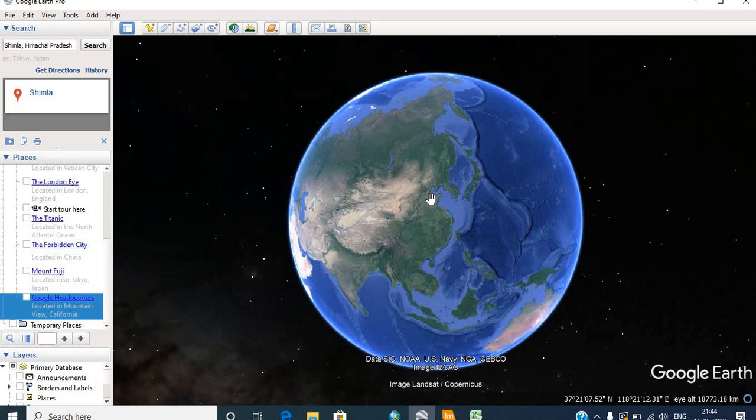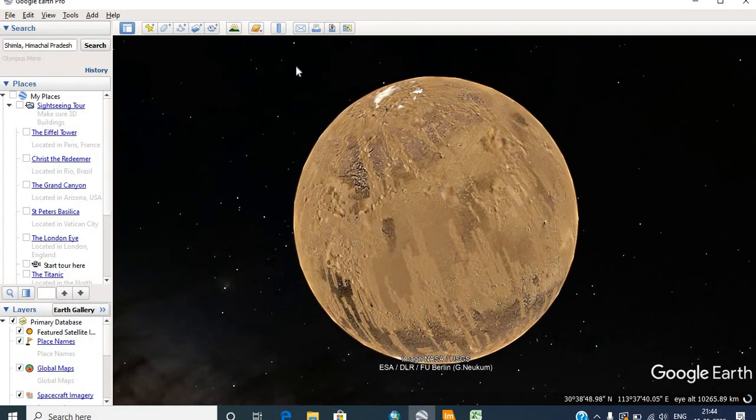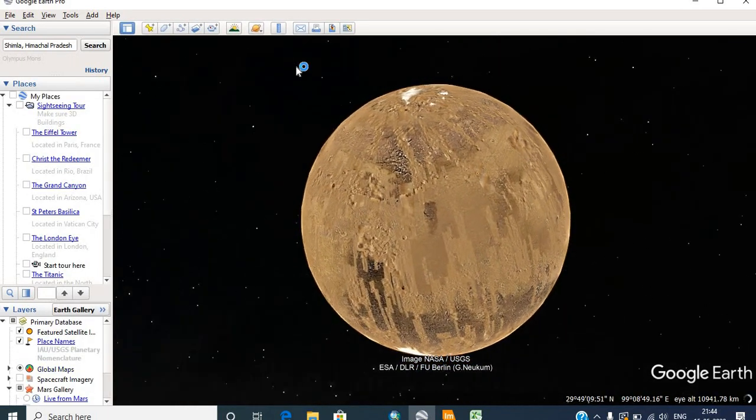In addition to the digital globe of the Earth, additional digital globes of some other celestial bodies like Mars and Moon have also been developed and added here along with the Google Earth.